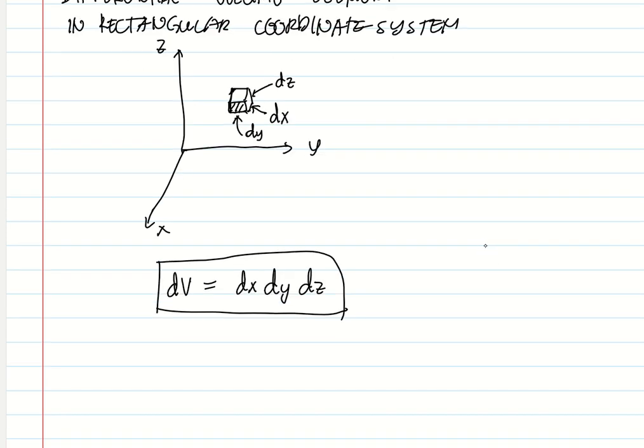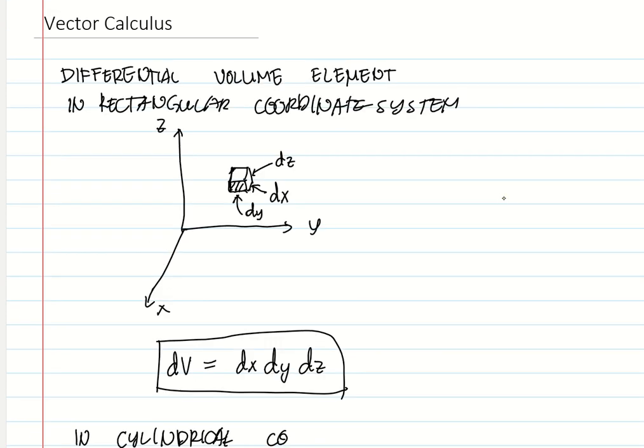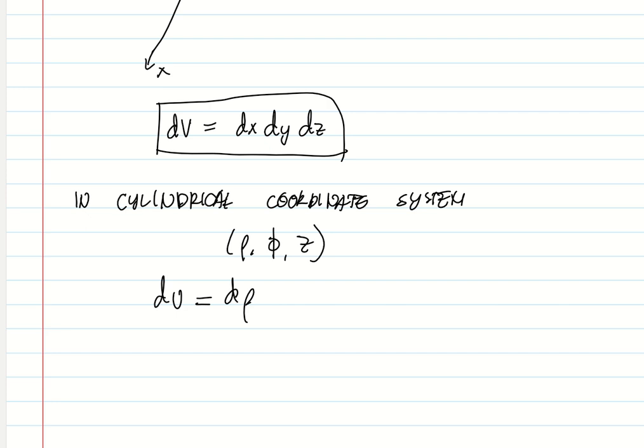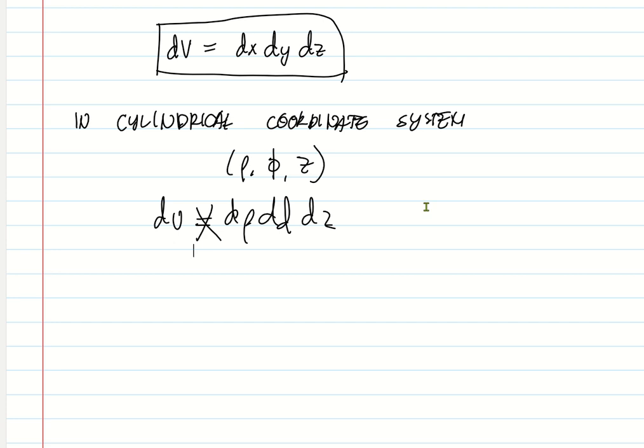How about in cylindrical coordinates? In cylindrical coordinates, it's not true that the differential volume is also equal to that, because here in rectangular we have x, y, z coordinates. In cylindrical coordinate system, we have rho, we have phi, and we have z. So if you want to determine the volume, is it d rho, d phi, dz? This is not true. This is not correct, because if you look at the graph,